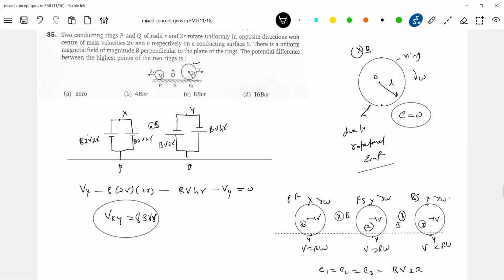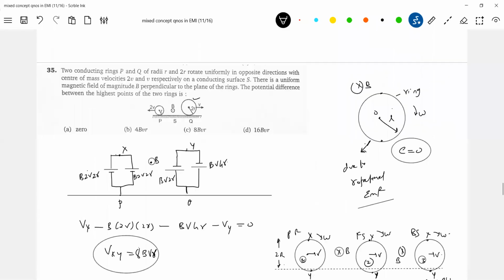R is the resistance of the ring. Is it okay, forward or backward? Irrespective of that, due to rotational motion, there won't be EMF induced. Only due to translative motion. Please just be careful in exams. They'll try to test with all application parts. Why two cells? Because this ring